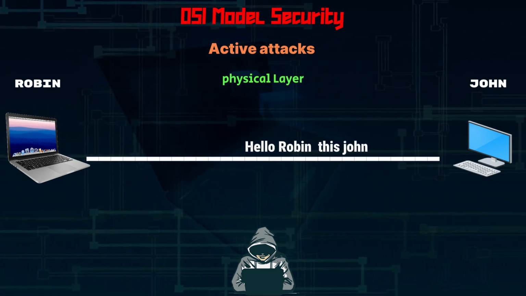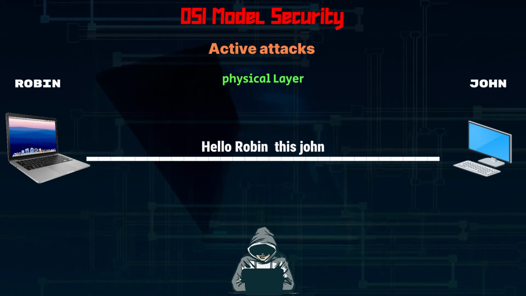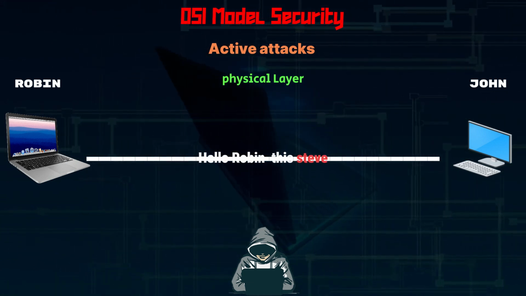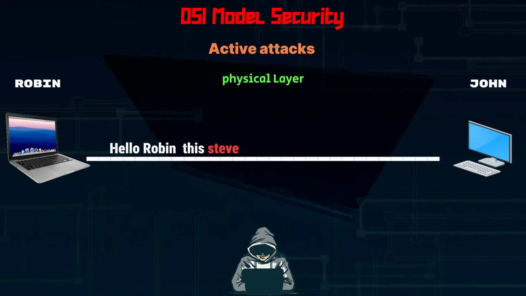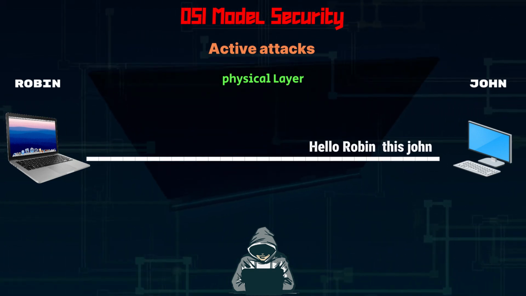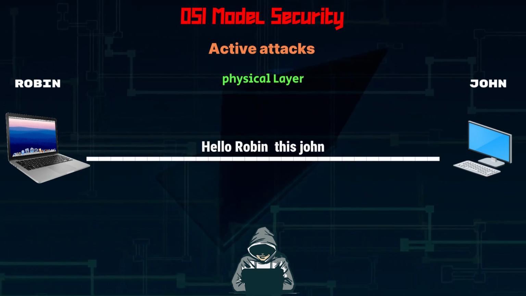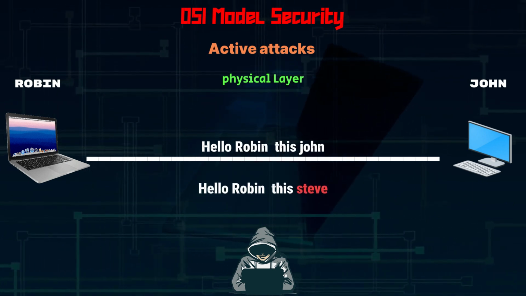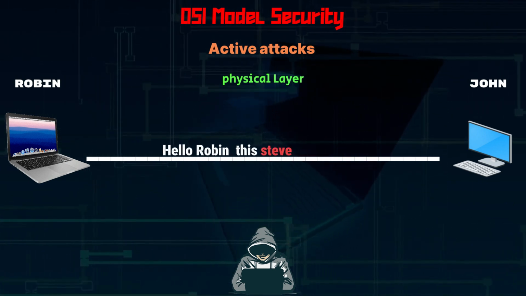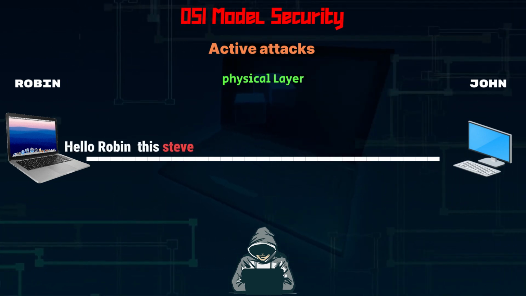The data transmitted doesn't remain in its usual form and shows deviation from its usual behavior. This makes active attacks dangerous, as there is no information provided of the attack happening in the communication process, and the receiver is not aware that the data or message received is not from the sender.